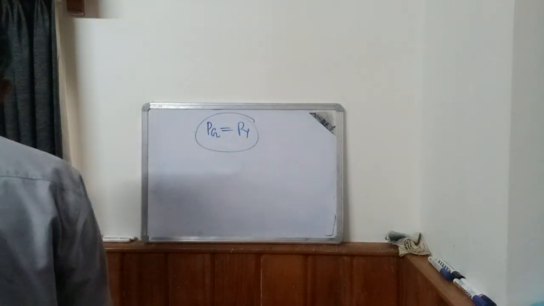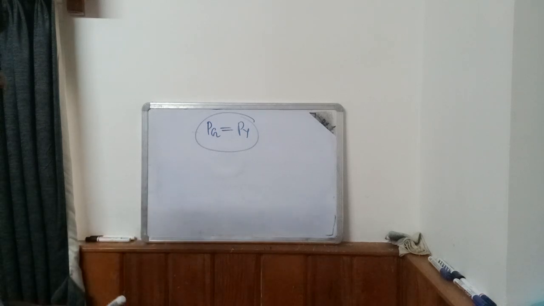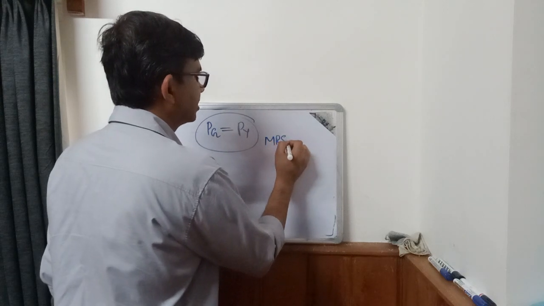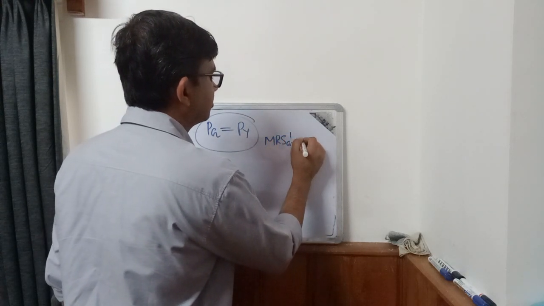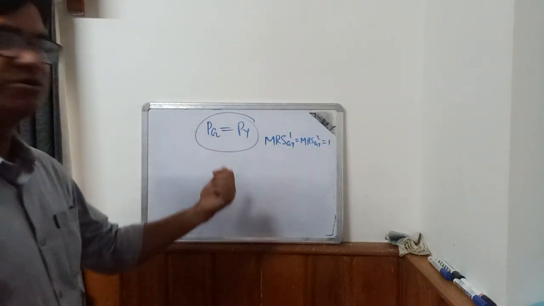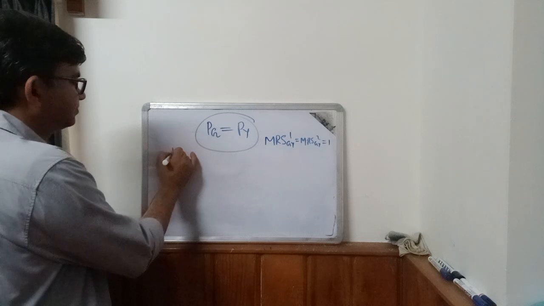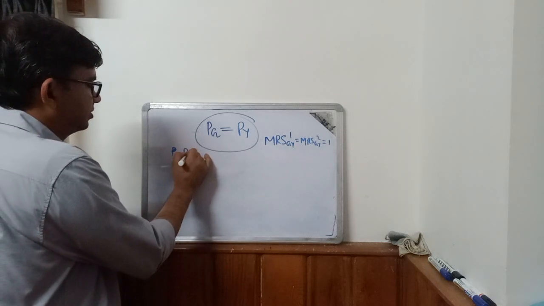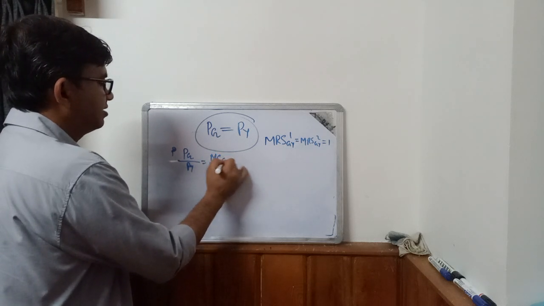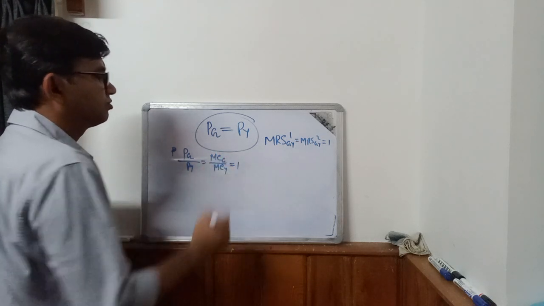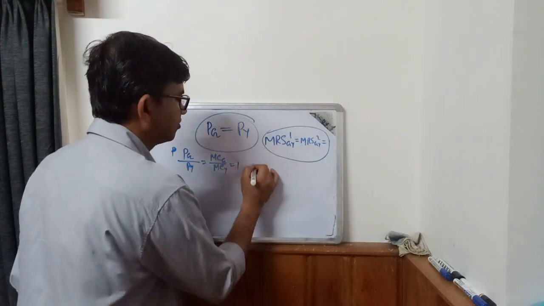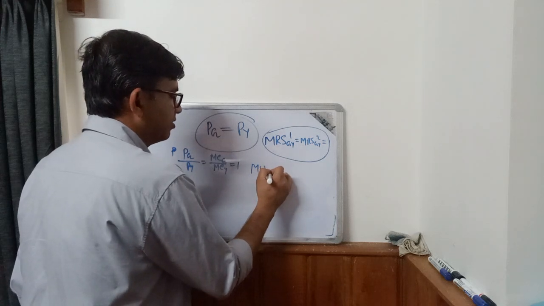So if both are private goods, then we will find that the equilibrium condition will be MRS GY1 equals MRS GY2 equals 1. As PG equals PY, we can say here that PG by PY equals MCG by MCY equals 1. So MRT equals 1. So we find here that for both consumers, MUG